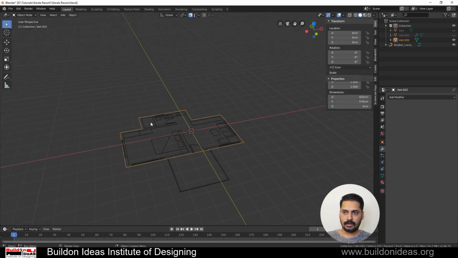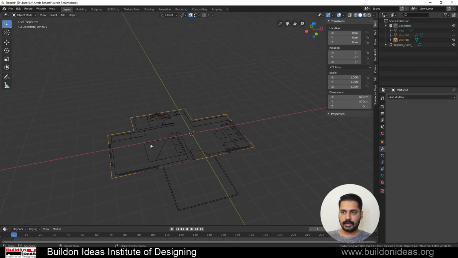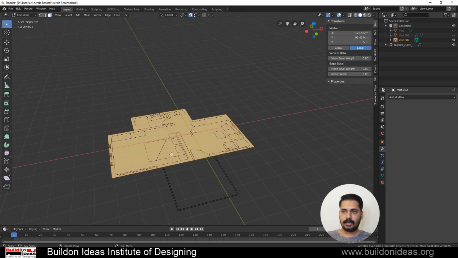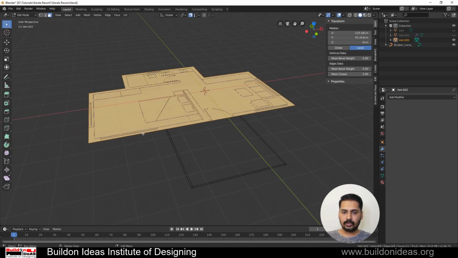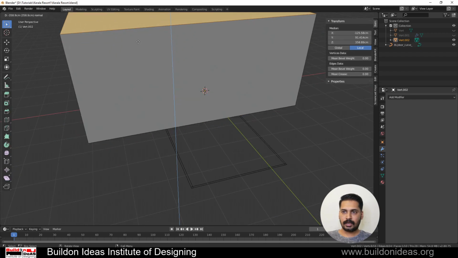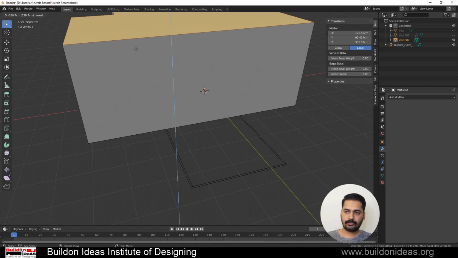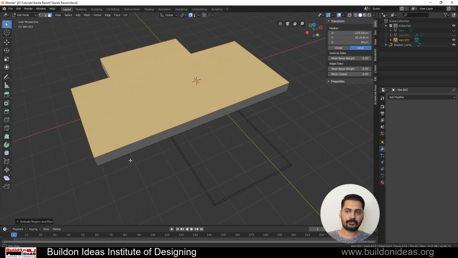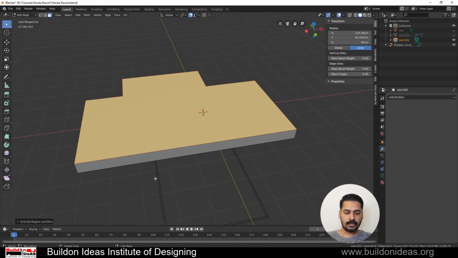And then you can see that if I click on the edit mode and then take this face and then give F, this has come. But while extruding, if I click on E and then I give an extrude value of minus 45, that is going down. If I give minus 45, it is going up. So there is some mistake for this. What would be that reason? So I'll just find it out. So if I click on